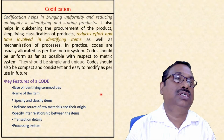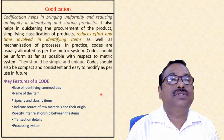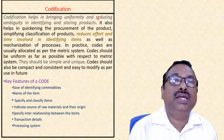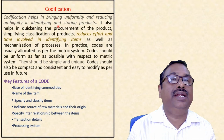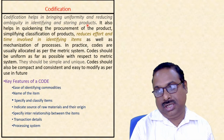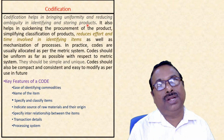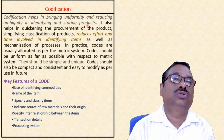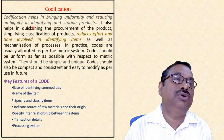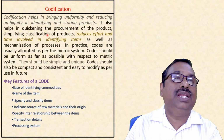Then we'll see codification, the procedure for codification. Codification helps in bringing uniformity. This is important, bringing uniformity and reducing ambiguity in identifying and storing products. Because as we have discussed, the same product is used in many departments and across suppliers and manufacturers also. So uniformity is important and it reduces ambiguity in identifying and storing products. It also helps in quickening the